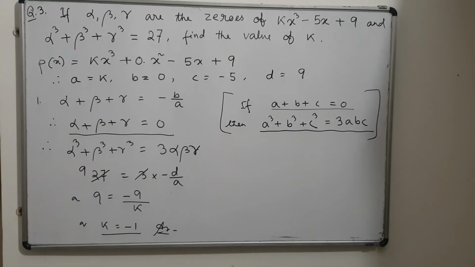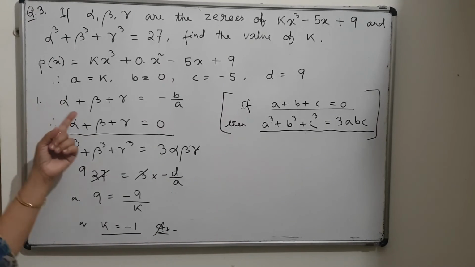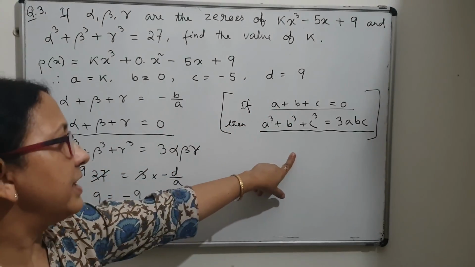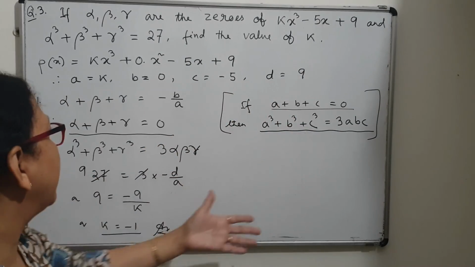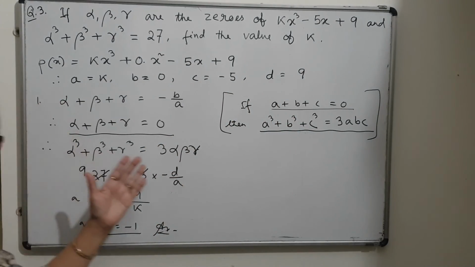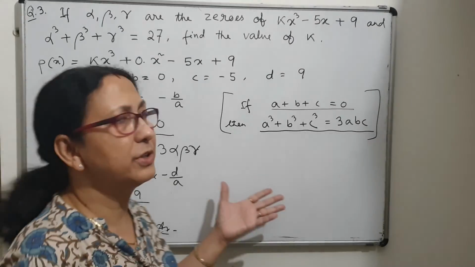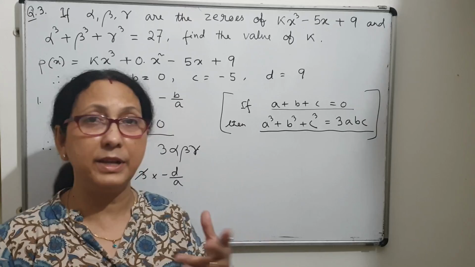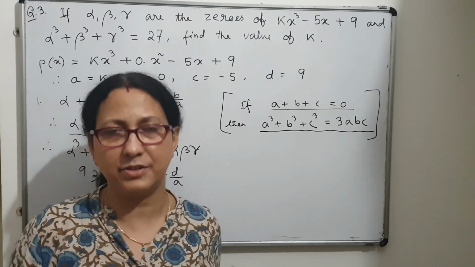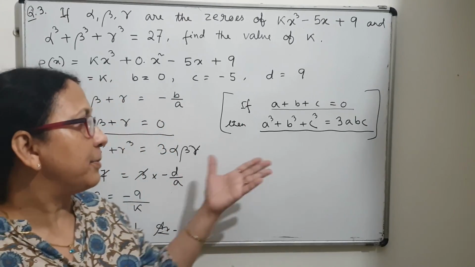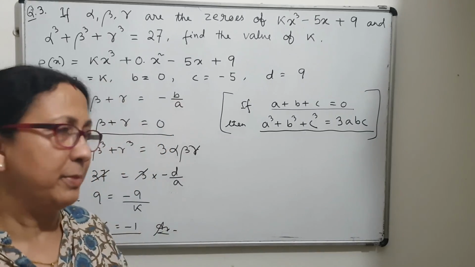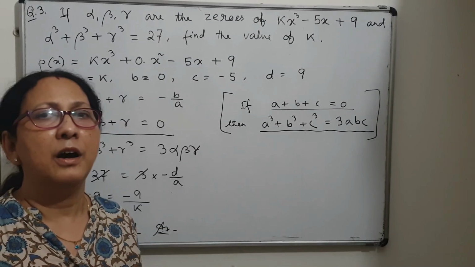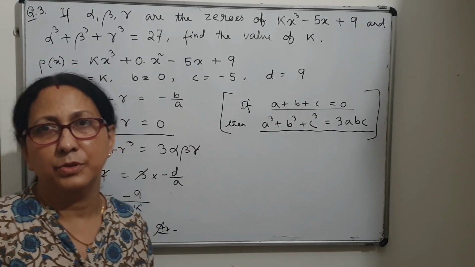So you see, even if you know the relationships, your knowledge of the algebraic identity is very useful. Without the algebraic identity, you won't be able to solve this kind of question. So you must recapitulate all the algebraic identities you have learned in 9th class. I remember there are 11 algebraic identities. Make a list of all the 11 algebraic identities and try to remember them. Then these will be useful here, and also in the trigonometry chapter.